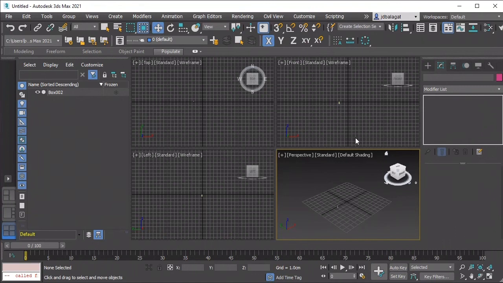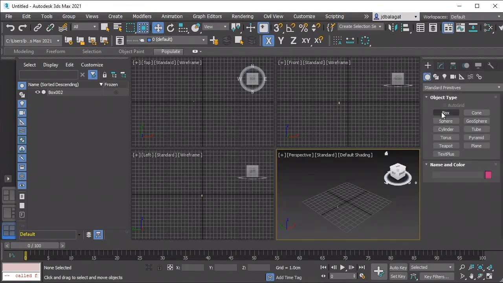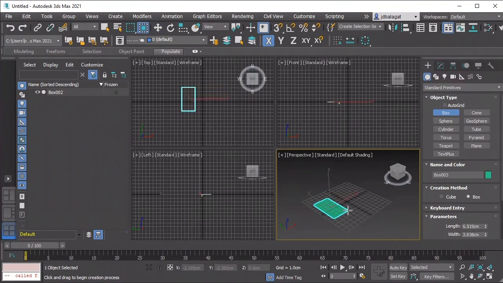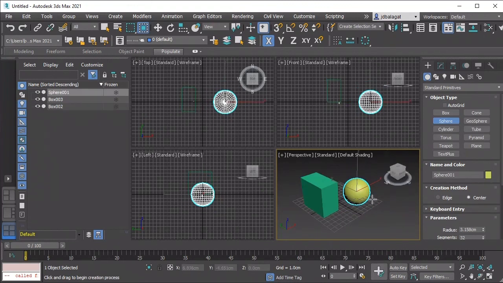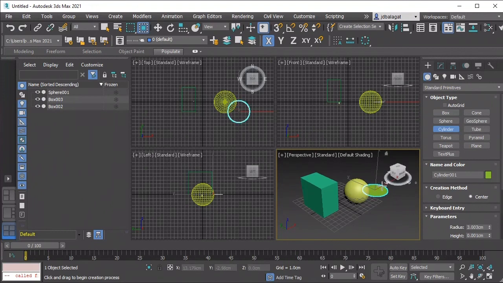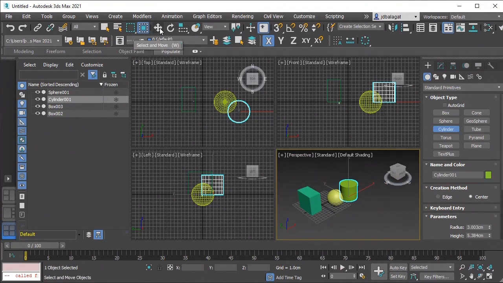Okay, so for our next video, we will learn how to transform objects. So for example, I will create different objects, like this one, a box, say a sphere, and a cylinder. Let's move. I'll remove the